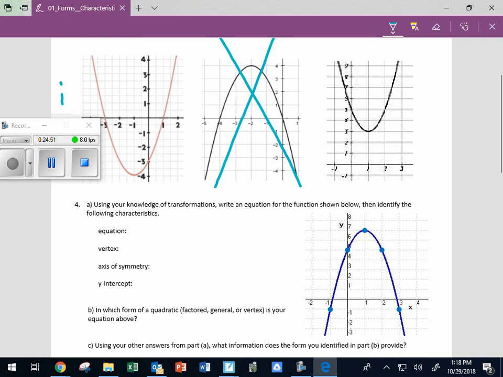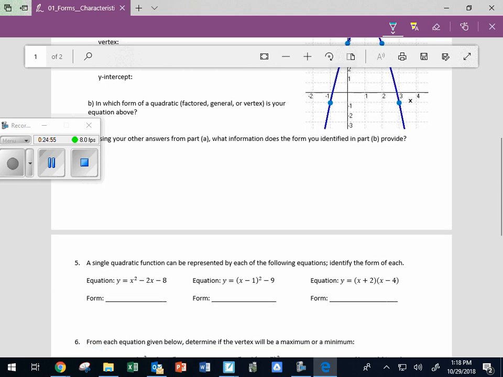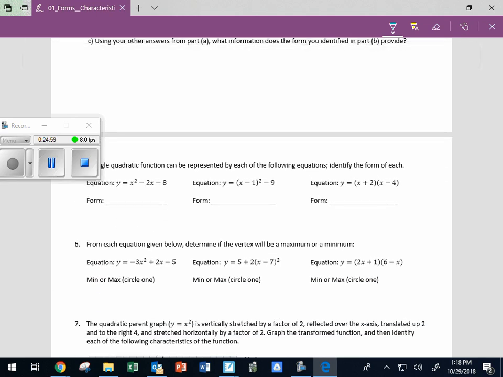I would like you to do all of those, and these 3 will take you like 2 seconds each. So how about just this one. You just have to do the first one for the minimum and maximum. And then this last one here,